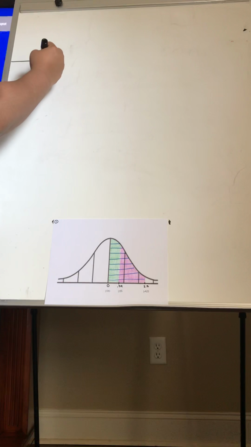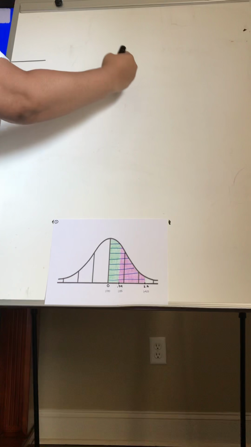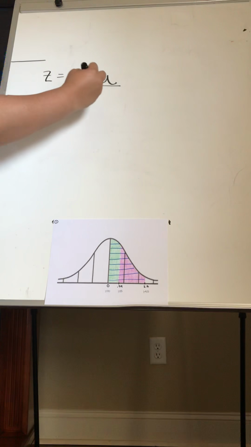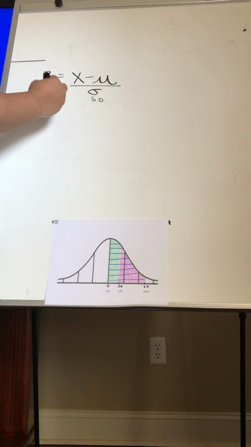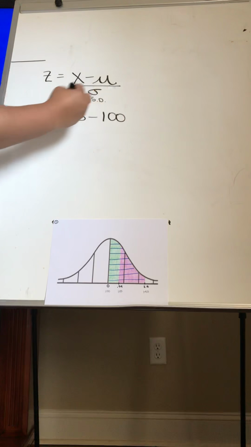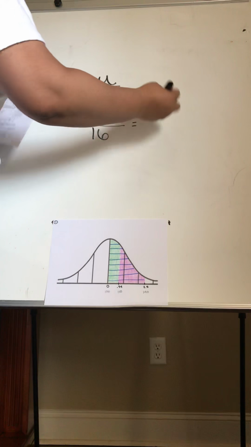The formula for changing to z-scores is x minus the mean, divided by the standard deviation. And you know my symbol sometimes looks a little weird, but that's the standard deviation. Any number you're converting is represented as x. So we're going to say 115 minus 100 divided by 16. That's our standard deviation. When you subtract 115 minus 100, that gives you 15 over 16, which divides to be